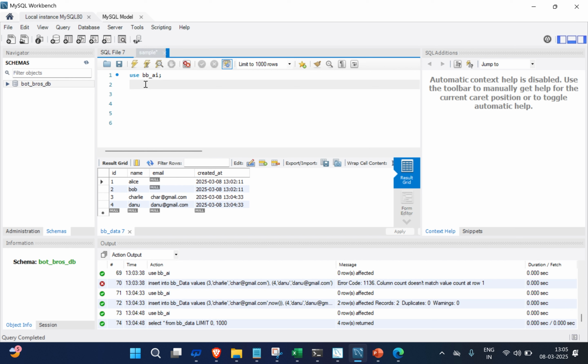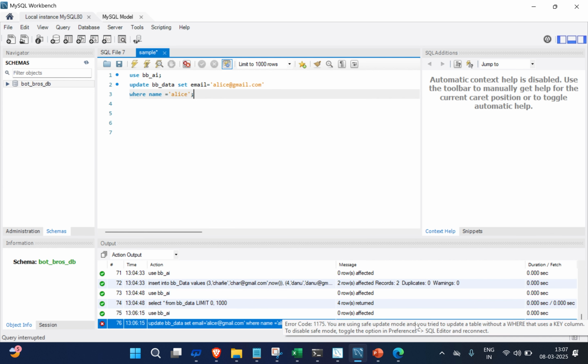I would just go and update the table, that is BB data, and say SET email equal to alice@gmail.com, and then I would proceed telling WHERE name equal to Alice. Now if I run this,